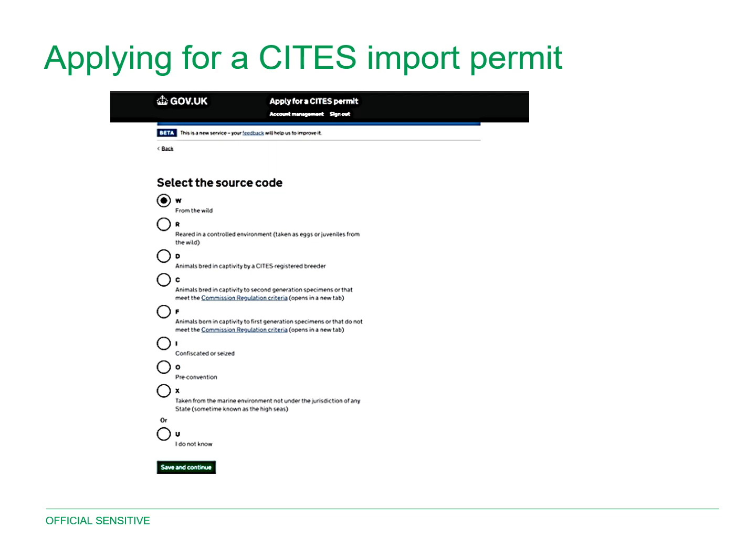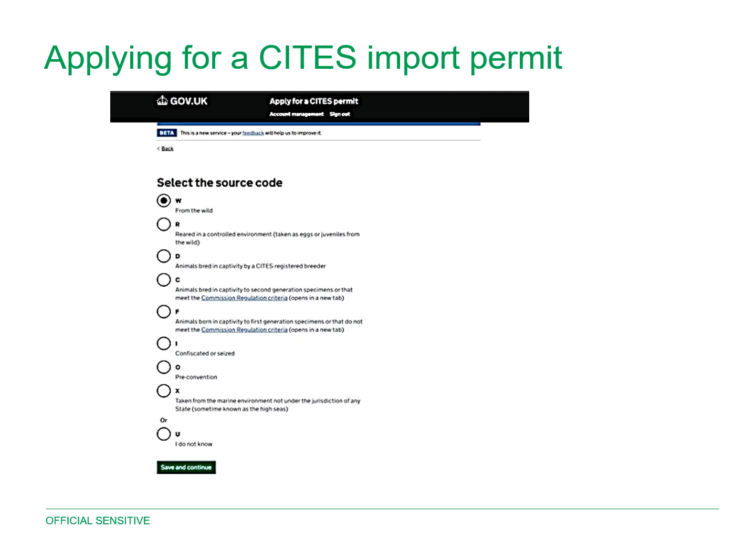Source code O for pre-convention is applied to all specimens which were originally acquired before the species was listed in the CITES appendices. The cutoff date for pre-convention status will vary according to the date the species was first listed on CITES on any appendix. For example, African grey parrots were listed in 1976, Brazilian rosewood was listed in 1992, and the electric blue gecko